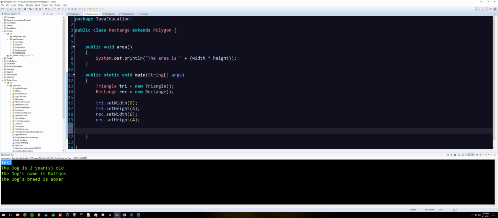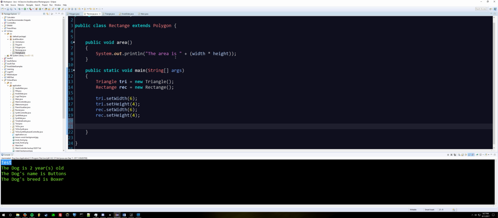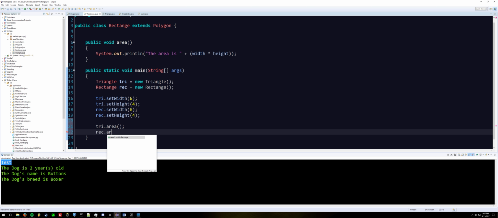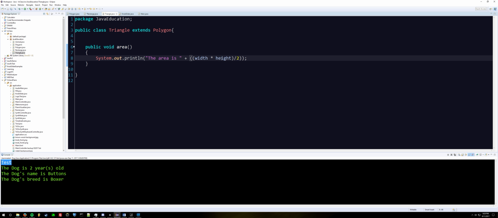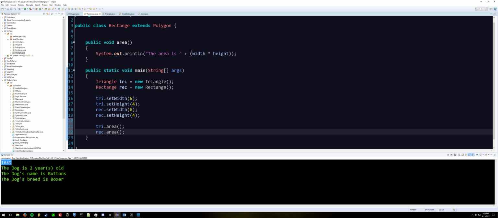And then we're going to run the area method for each of these. So we'll do tri.area and rec.area. Remember, the setWidth, setHeight methods are from the Polygon class, which is the parent class, or the superclass as it's referred to in Java. And the area method is unique and different for the Rectangle and Triangle class, because the way the area is calculated is different. So when we run this,